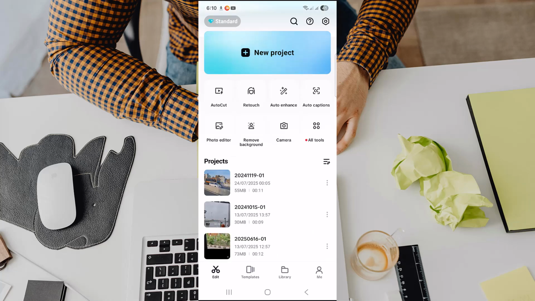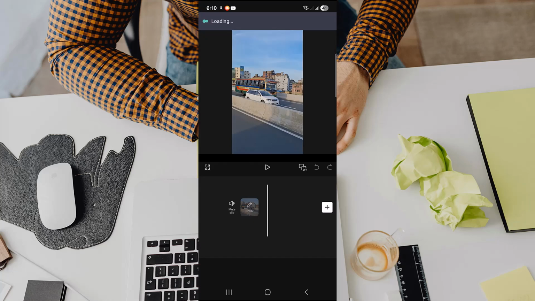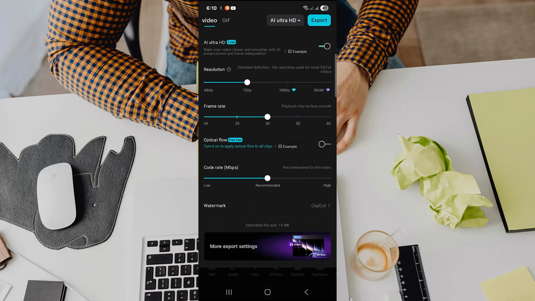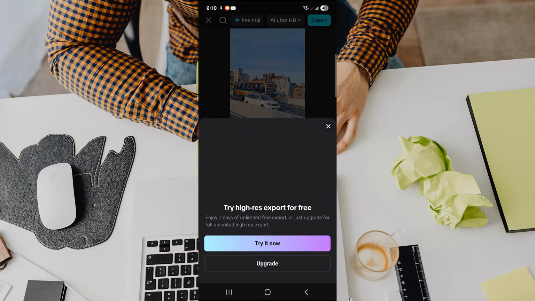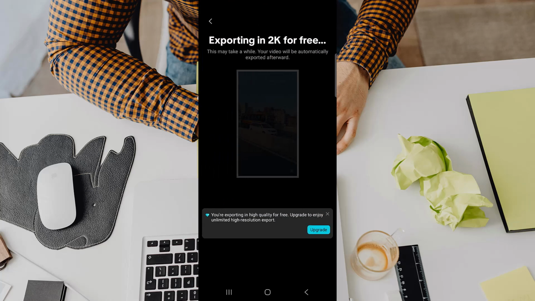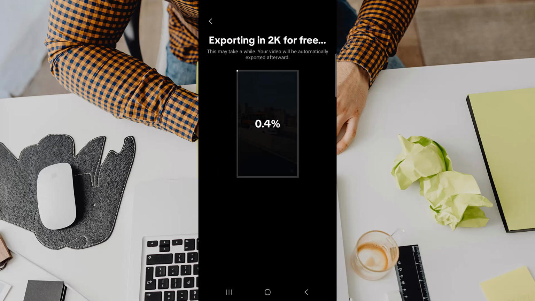And in here, select any video or any project you have been working on, or you can start a new project. Then, once you are done with the editing, just tap on the export option on the top right. And before doing it, just turn off the